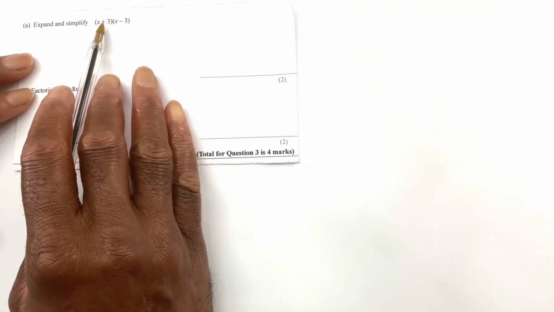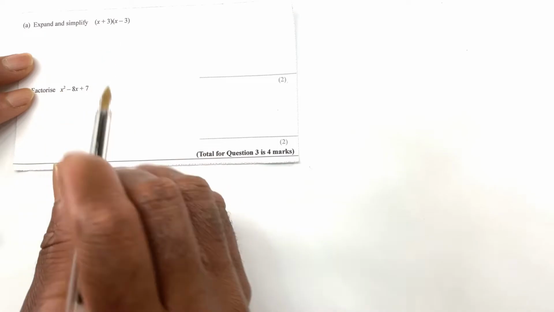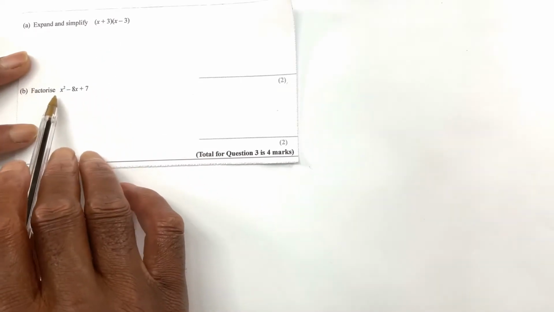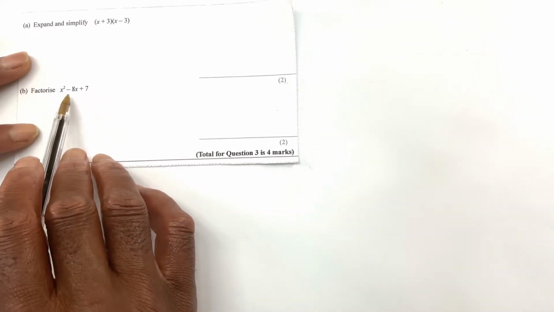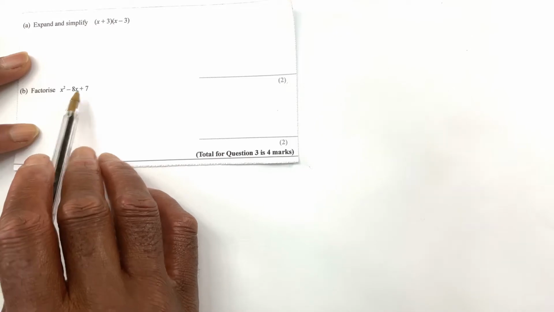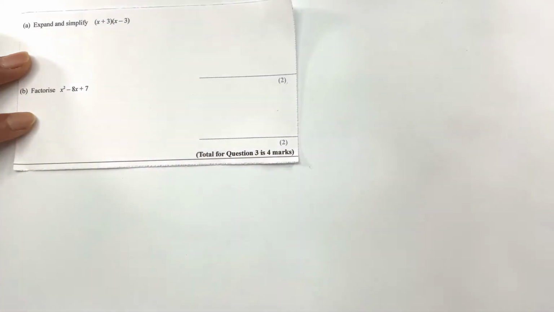Expand and simplify (x + 3)(x − 3). And then we need to factorize x squared minus 8x plus 7. To expand and simplify, what that meant is we need to multiply out the factors. We've got two factors here,